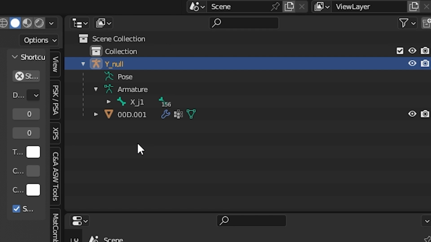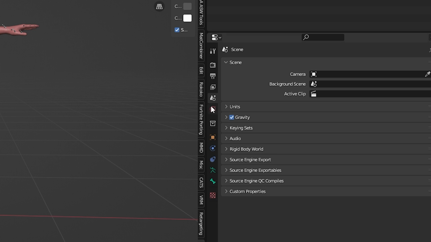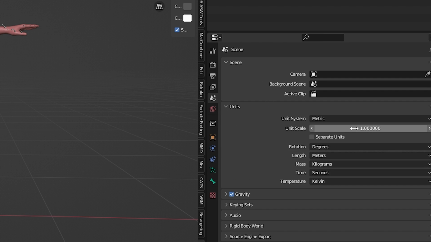So after that, your Blender should look like this. From here, switch back to the object mode and make your way to the scene properties. Here, you'll want to go to the units section. By default, Blender is in metric, so what you'll want to do is change the scale from 1 to 0.01